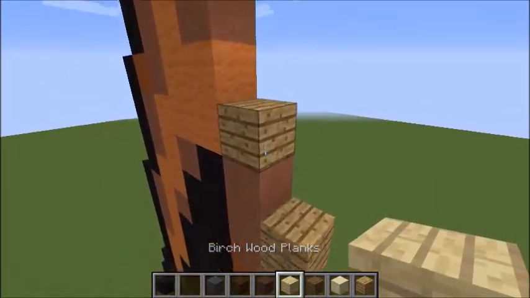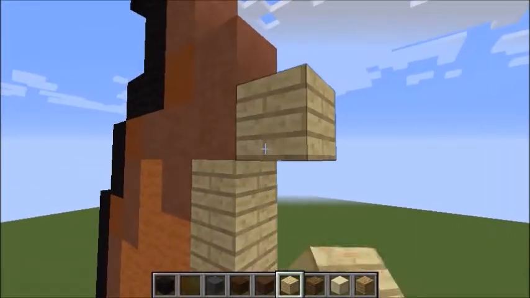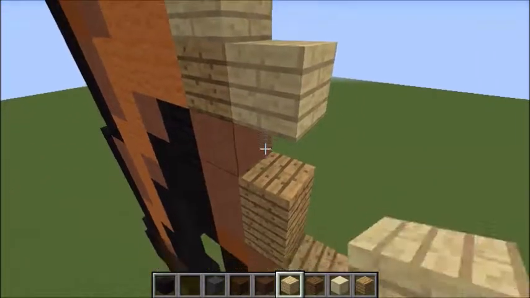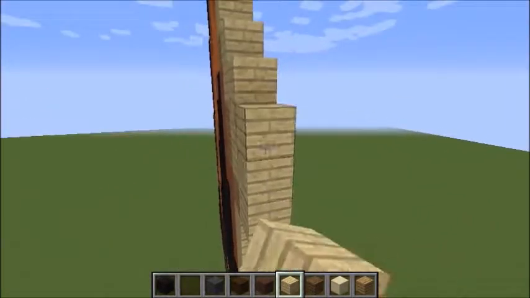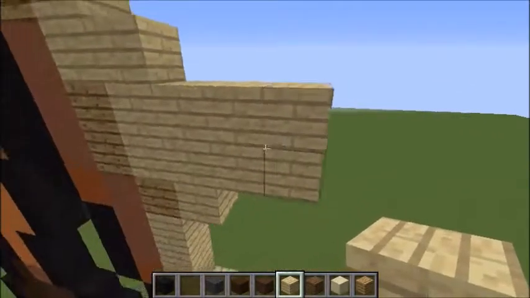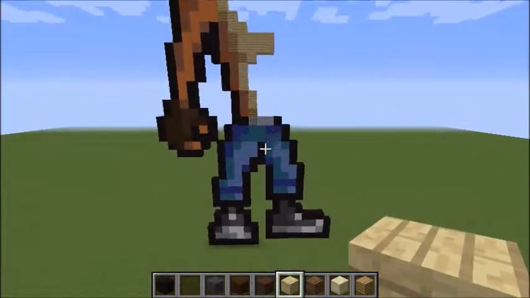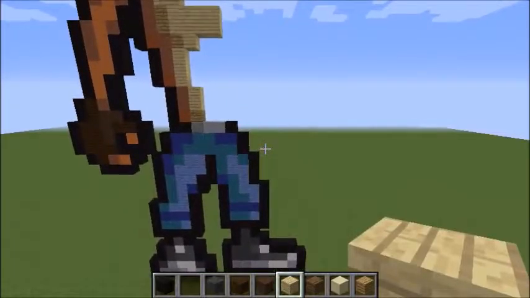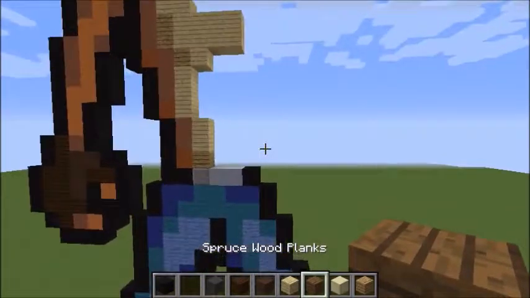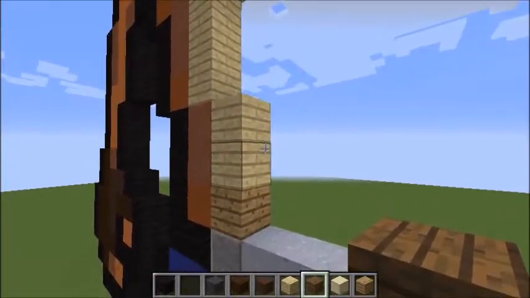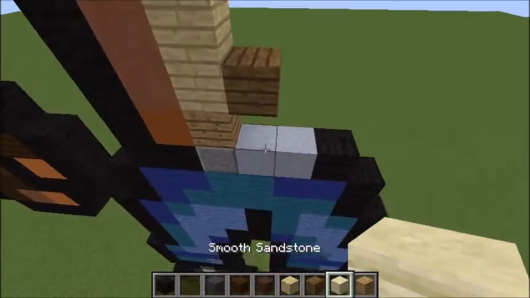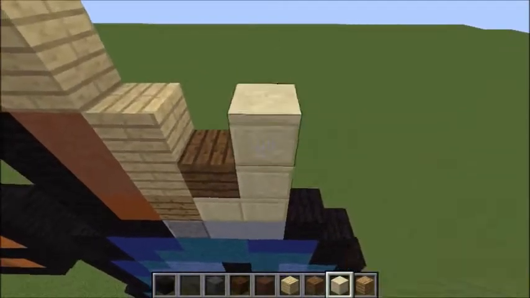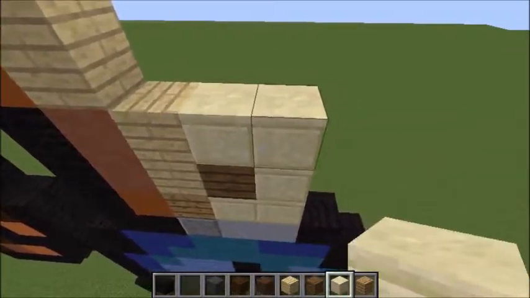And with our birchwood planks, we want to do these 2 here, this block here, as well as these 3 here, these 2 here, and these 6 here for now. Alright guys, now with our spruce wood planks, we're going to do this single block here, and now we want to get out our smooth sandstone and fill in these 3 here, these 2 here, these 3 here with 1